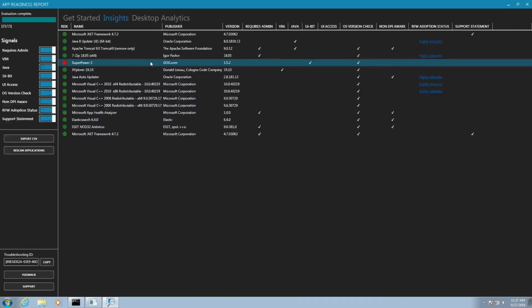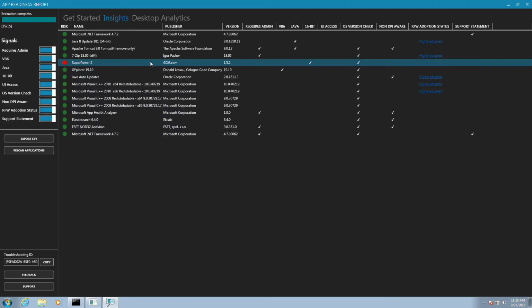Actually, I'll go over to the 5th signal that we have. How many of you have heard of the Ready for Windows service that we have? Anyone? 1, 2? Okay. So for those of you who don't know what Ready for Windows is, it's a web service that we offer where you can go and look for your applications, and we'll give you an adoption status for that application. So what do we mean by adoption status?